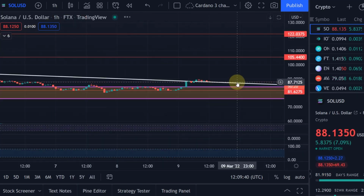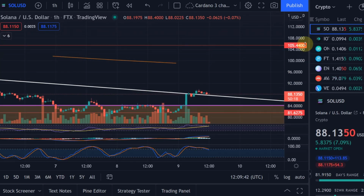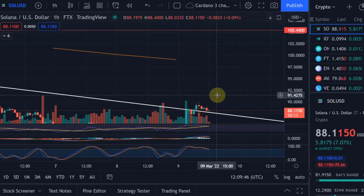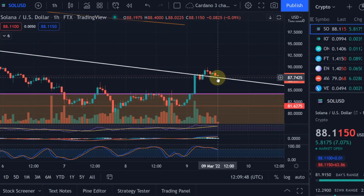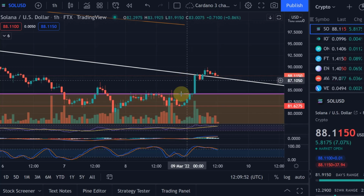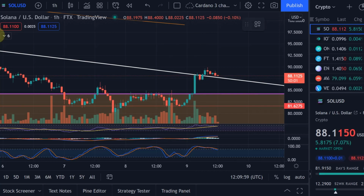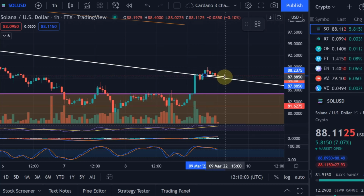So let me just go into the 1-hour chart once more. No, it's still above it, but if you lose that $82 level, then, sorry, no, 82, did I say 82? No, the $88 level, then I think it's going to fall below it again. Could be interpreted as a bull flag, a small bull flag, what we're doing here. The Terra Luna one was much larger. This is only on the 1-hour chart. Could potentially see that as a bull flag